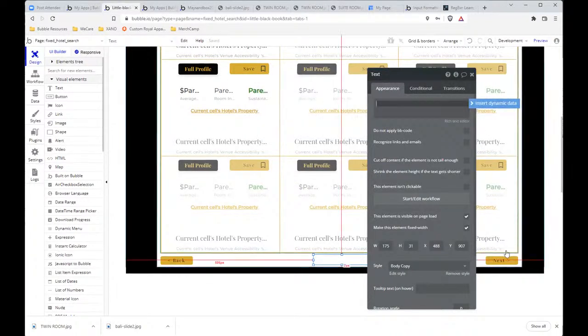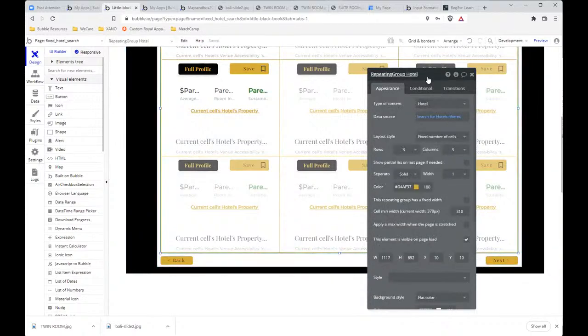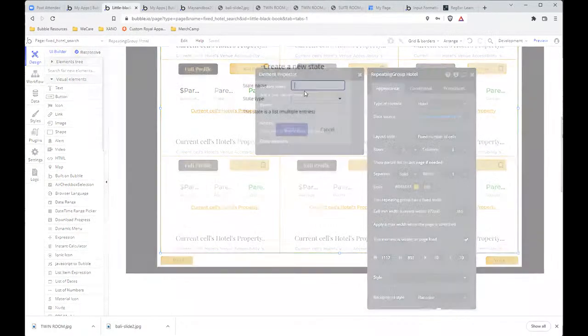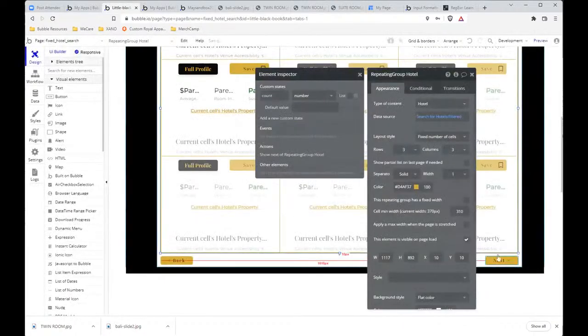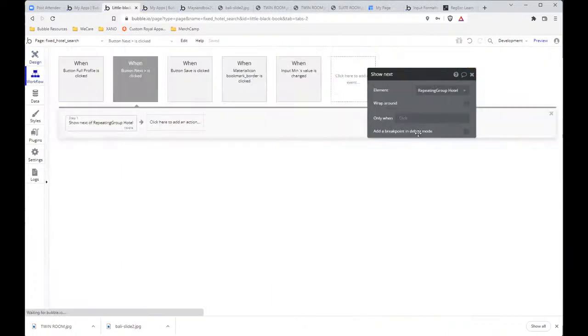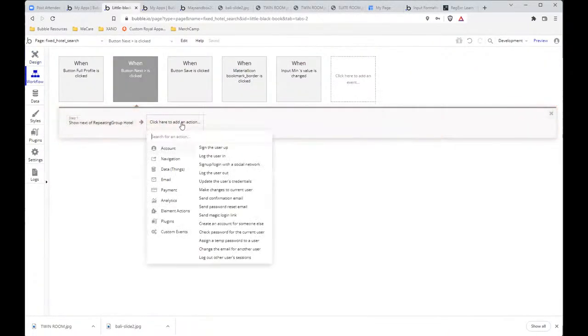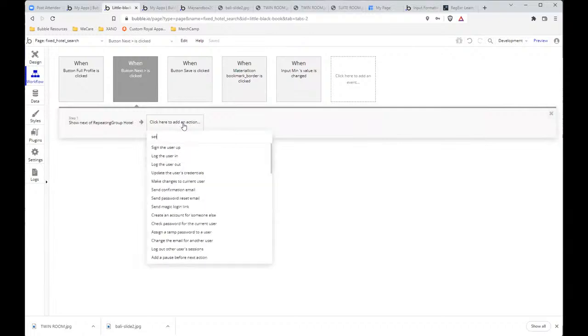Because the next thing that you're going to want to do is have a count on your repeating group. You want to be able to count how many times you have clicked this button, or how many times you've clicked the next button. And so this is when you start to add custom states to the next button. So you say next, and then we'll set the state of the repeating group,